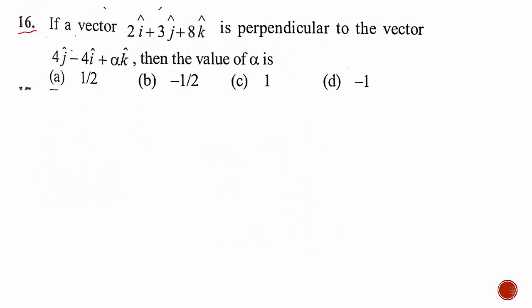16th question. If the vector 2i cap plus 3j cap plus 8k cap is perpendicular to the vector 4j cap minus 4i cap plus alpha k cap, then the value of alpha is. Here it is given two vectors are perpendicular. Perpendicular means we can use dot product. We know that for two vectors